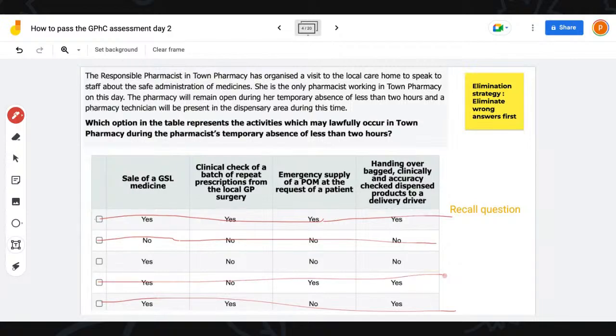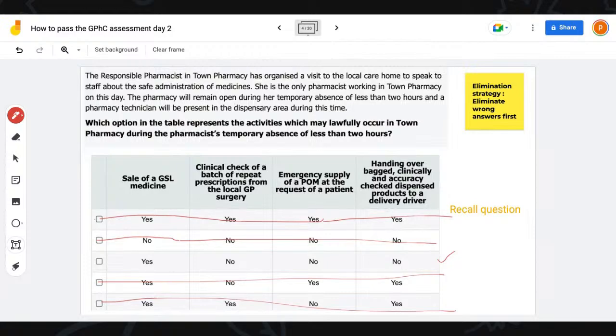So all of a sudden, within a few seconds, and once you guys practice the strategies, I promise you're going to walk into the exam and you're going to do it so quick. So within a few seconds, we know the answer. The correct answer is this one. And that's even without trying to read all the options and trying to pull out which one is the right one. All we've done is we've taken out all the wrong ones and then boom, we're left with the right one. So this is what we call elimination strategy. The correct answer is the third one. Okay, that is your right answer.